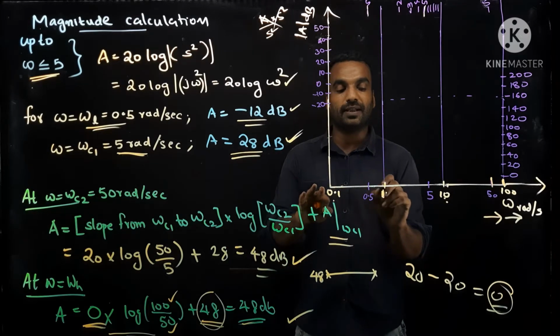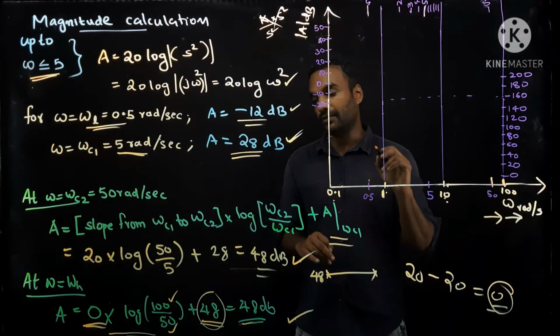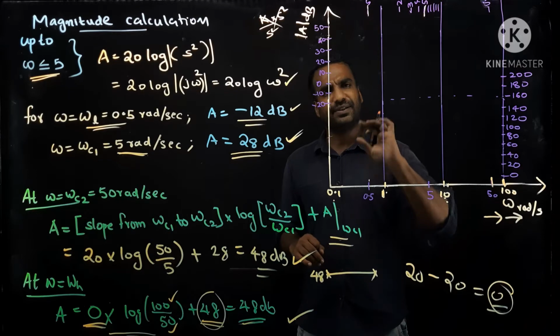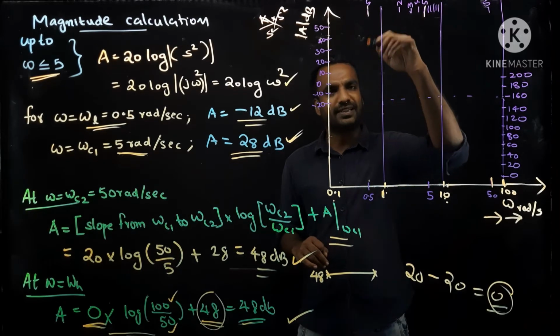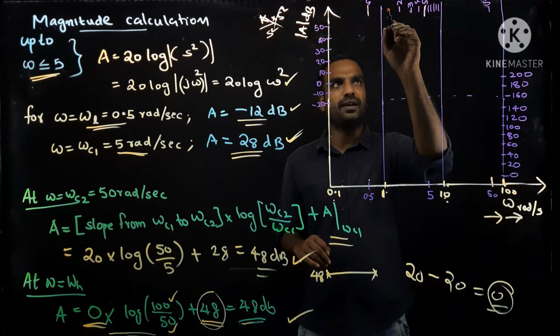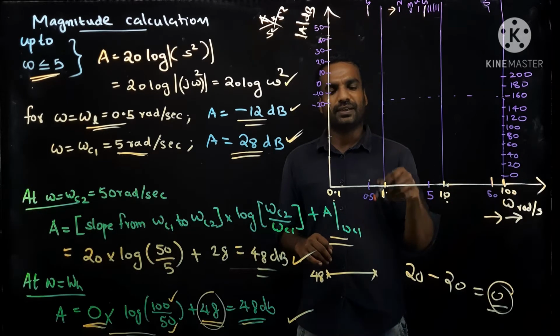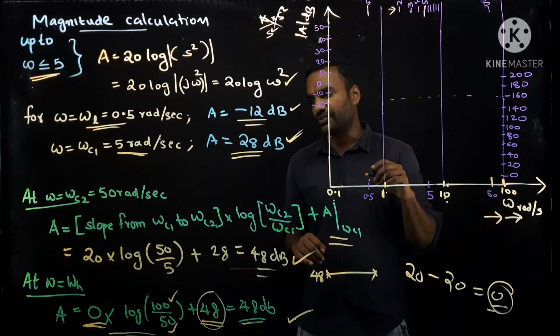So this is 0.1 and this is 1. So 5 will come here somewhere. It is there in your semi-log graph sheet. Don't get confused about these things. These divisions are there in your graph sheet. It will be marked like this, so you can easily spot those points in the graph sheet.